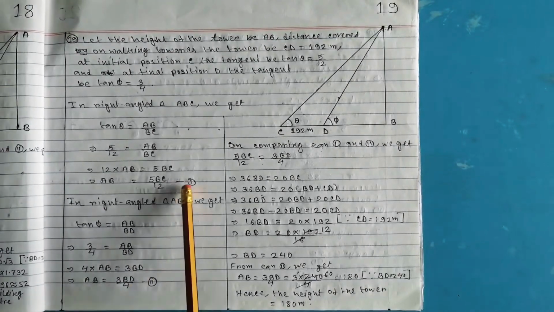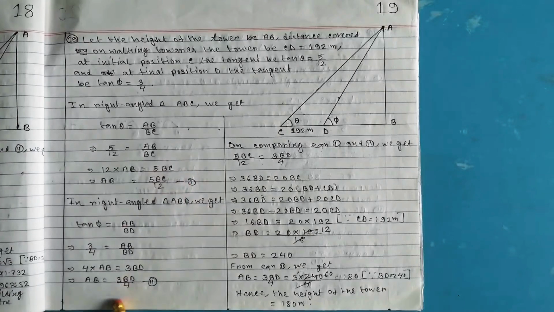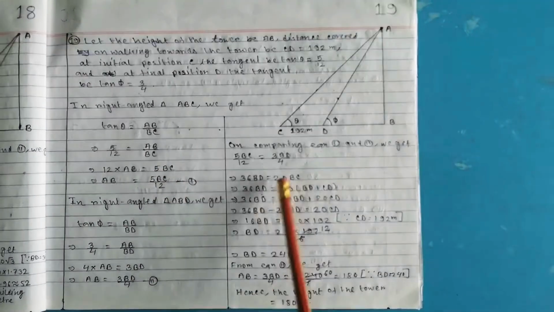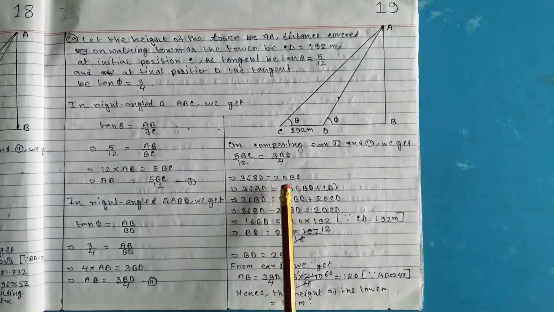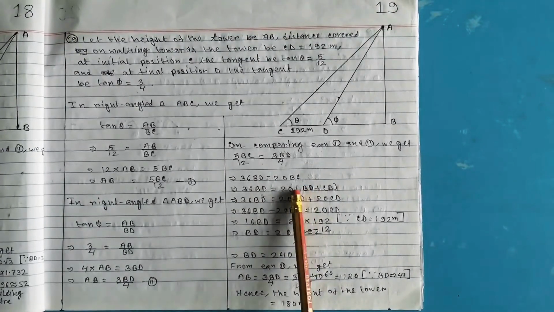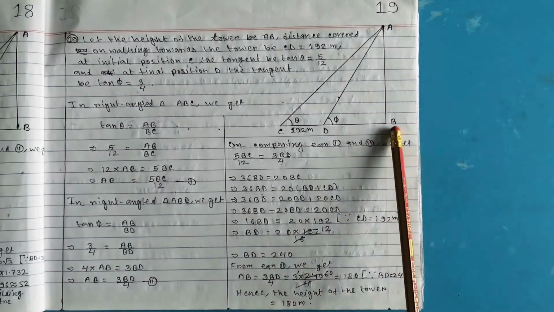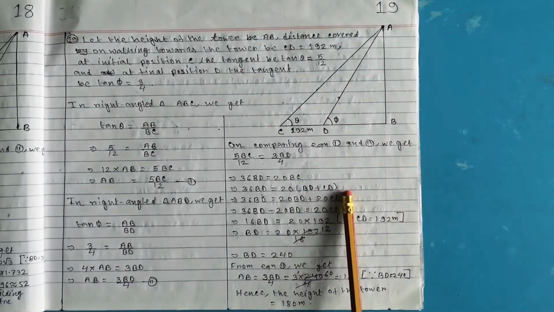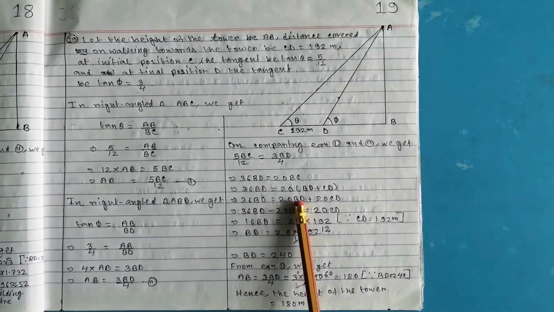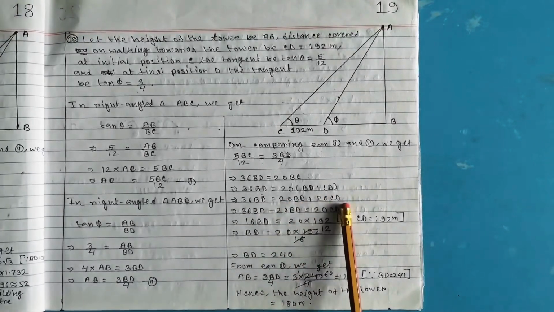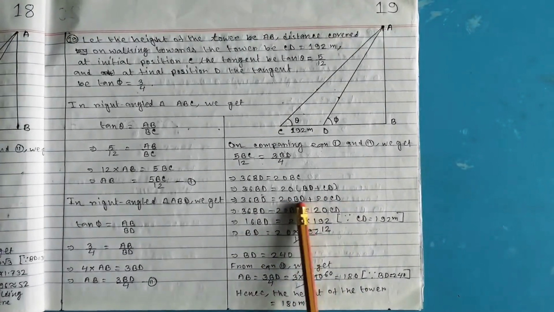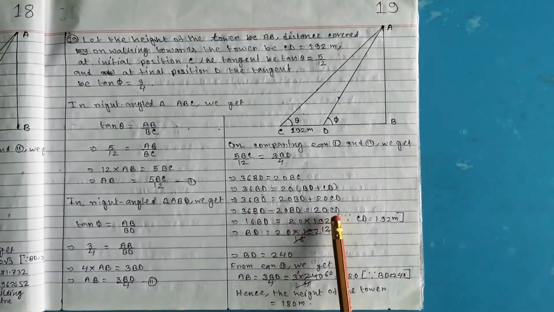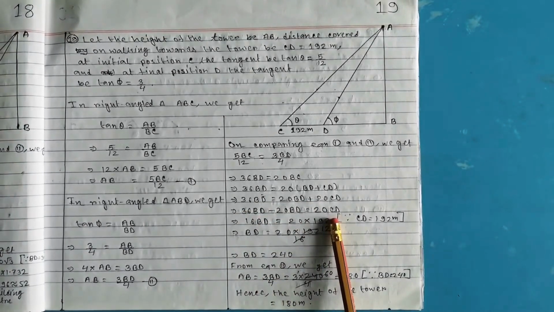Now compare these two equations. So right hand side will be equal. So 5 BC upon 12 equals 3 BD upon 4. Do cross multiplication. 36 BD equals 20 BC. And BC equals what? BC equals BD plus CD. So 36 BD equals 20 BD plus 20 CD. So take 20 BD to the left hand side. So it will be 36 BD minus 20 BD and 20 CD.